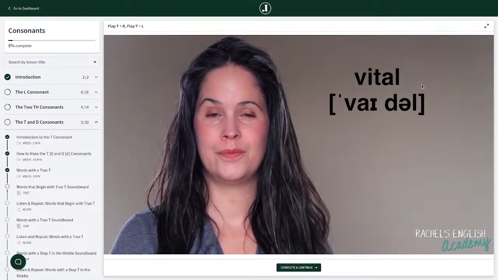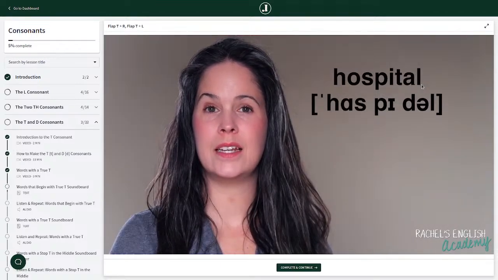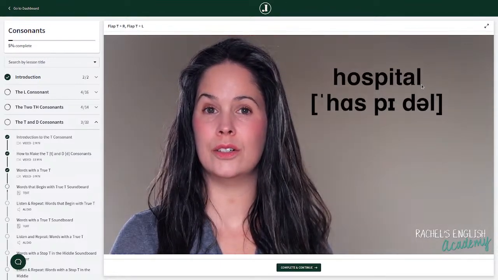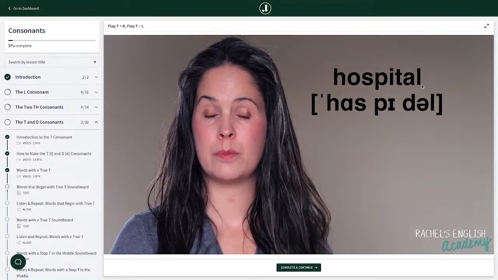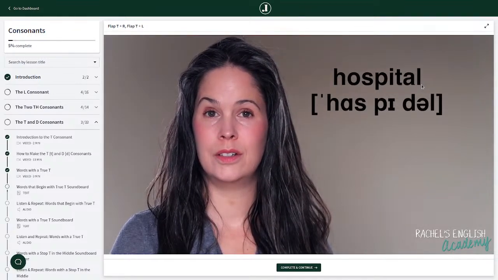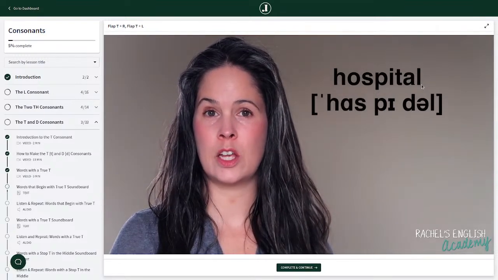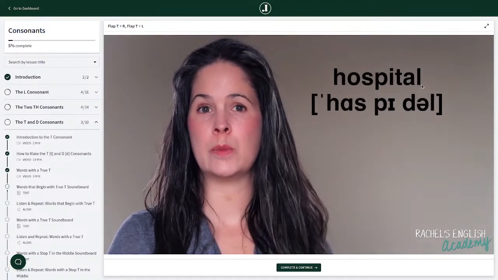Vital. Hospital. Hospital. Hospital. When I do this and I slow down the sound before, it really allows me to focus in